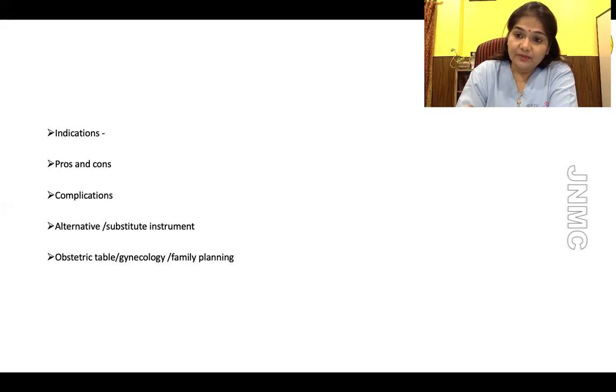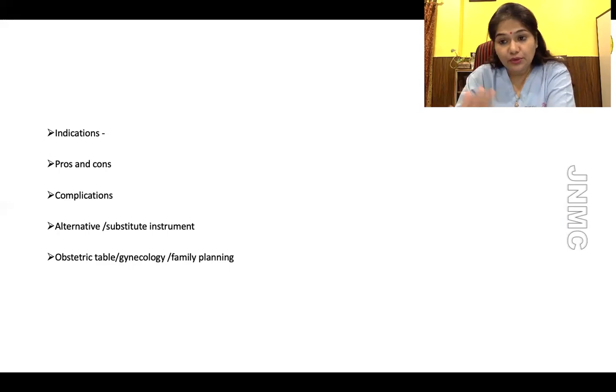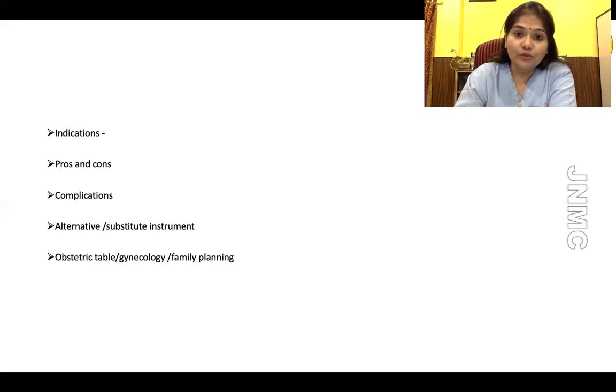Then obstetric table, gynec table, and family planning table. These are the three tables you are going to rotate mostly in most of the exams, UG and PG. So always be conscious and oriented on which particular table Viva you are appearing. So a good student will always tell the obstetric indications of a particular instrument on the obstetric table Viva, like that, right? It's not that the examiner is going to fail you, but it's always better for a good student to answer accordingly.